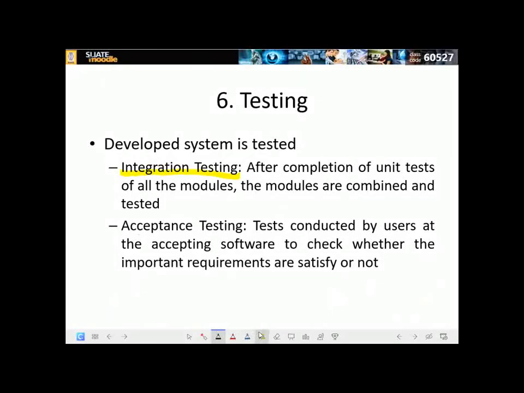Then the next one is acceptance testing. It is a test conducted by users when accepting the software, to check whether the important requirements are satisfied or not. The IT organization people do the integration testing, and they do the acceptance testing along with the people in that particular organization. For example,